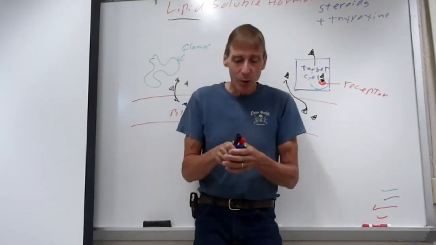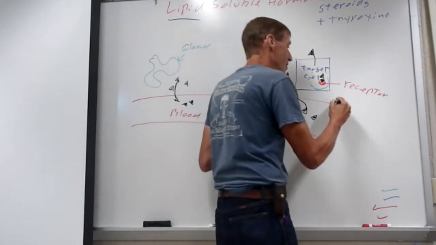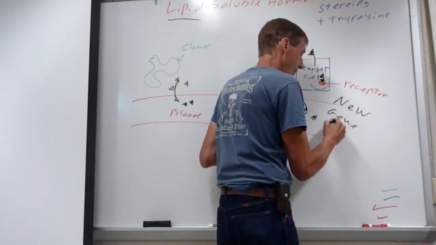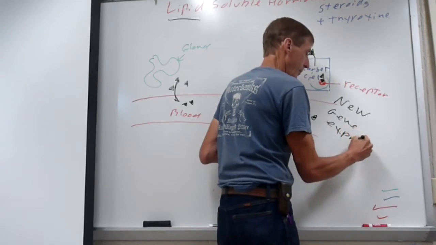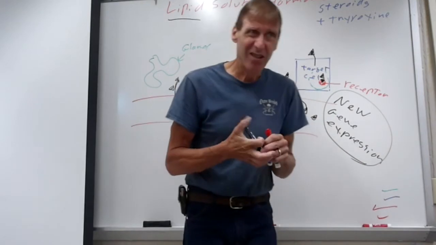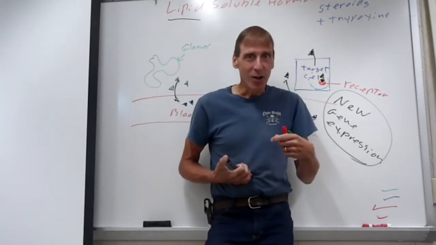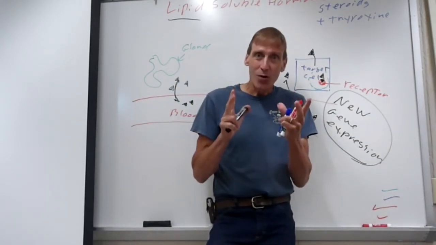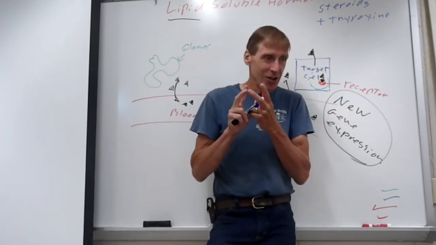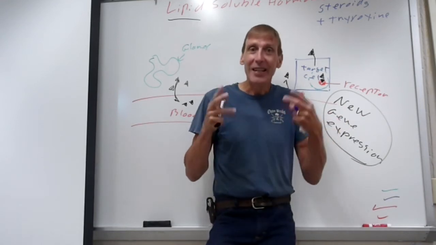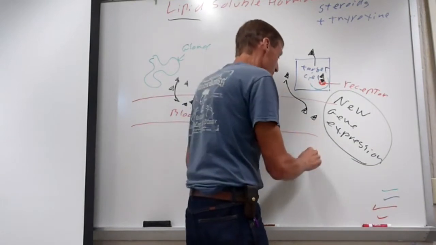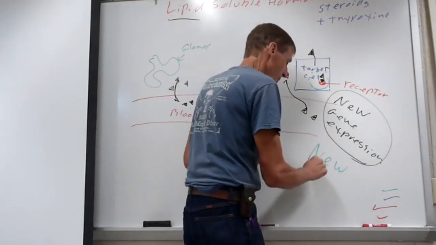What these lipid-soluble hormones will typically do is cause new gene expression, as you'll often see it worded. Basically, they go into the nucleus, bind a receptor, which causes a portion of the DNA, a gene, to be expressed. That means it gets read, transcribed and translated into a new protein. So typically with these lipid-soluble hormones, you're going to end up producing a new protein